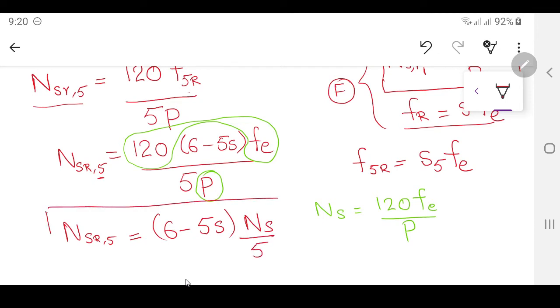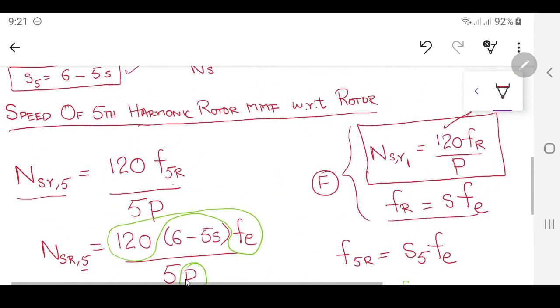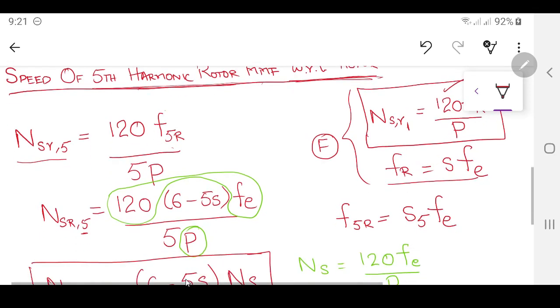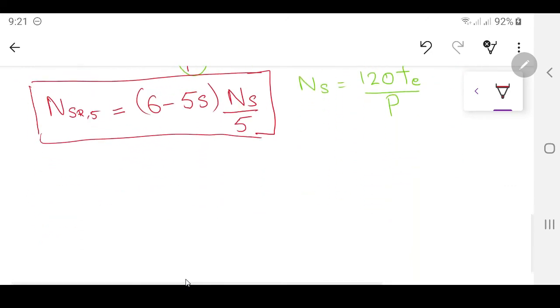So this is my rotor MMF speed with respect to rotor. Please remember, I am trying to find out the fifth harmonic rotor MMF speed with respect to rotor. This is still with respect to rotor. I have not still taken it to the stator side. In the next step, I am going to take it towards the stator side. So the next step which I am going to do now is actually the speed of